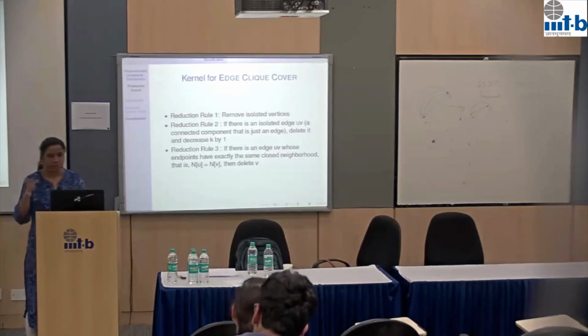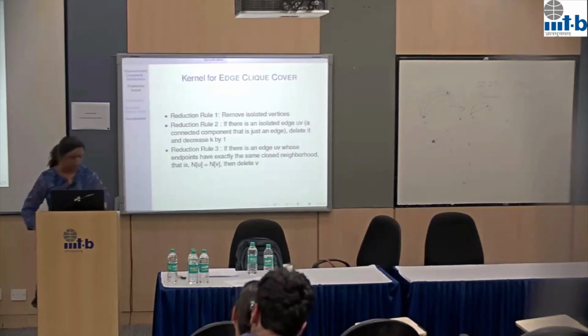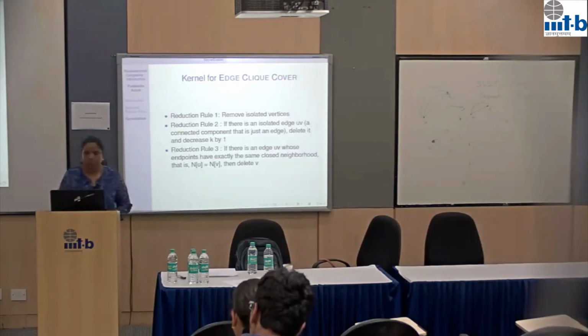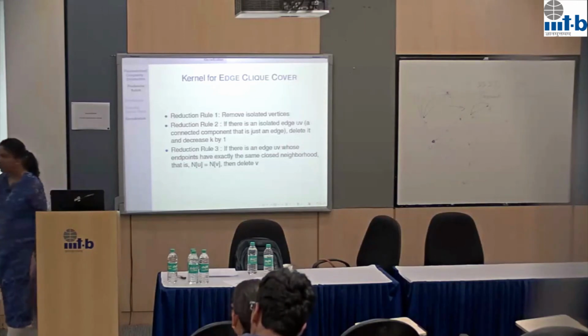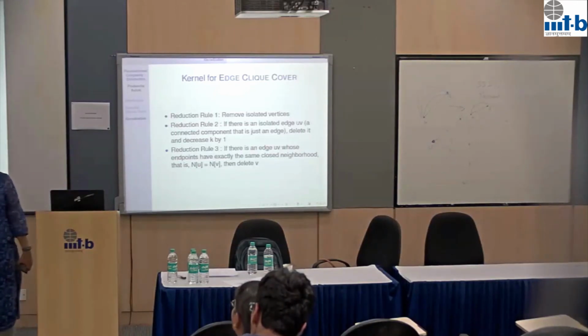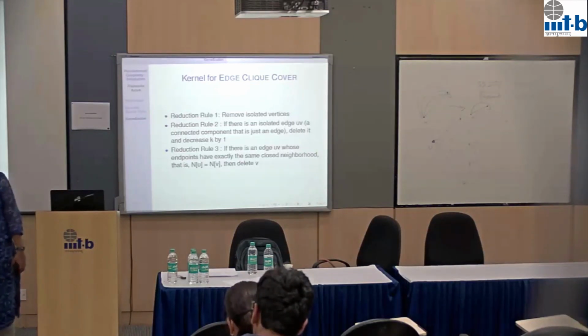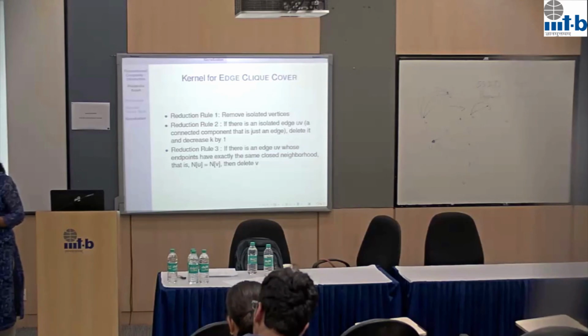Okay. So maybe I'll just stop with this, and you think about these reduction rules and see what kernel you will get after applying all these reductions. We'll discuss it in the next class. So these are the reduction rules. See what kind of kernel you get after this. Maybe I'll give you a hint. The kernel size is 2 power k. Just prove it.